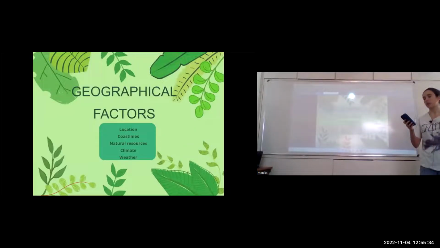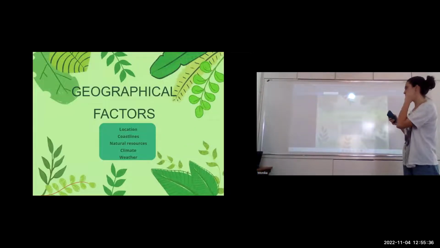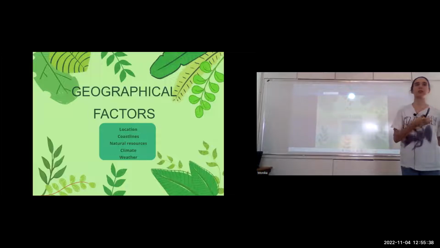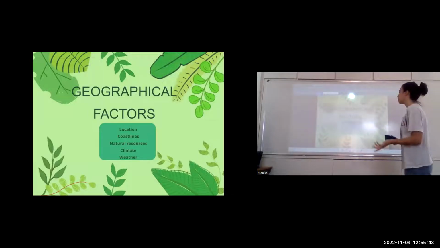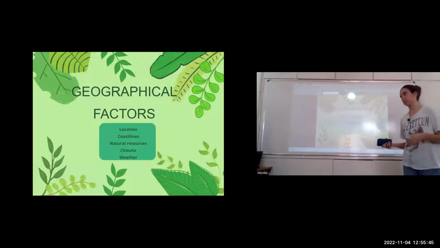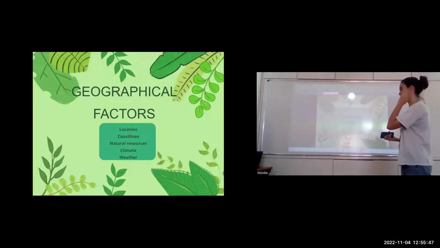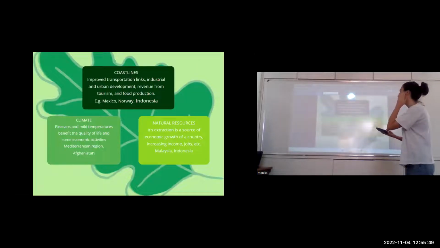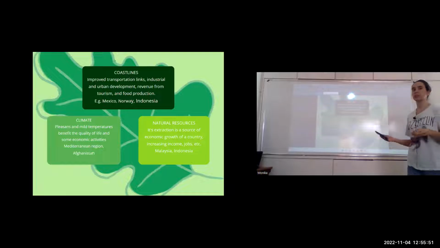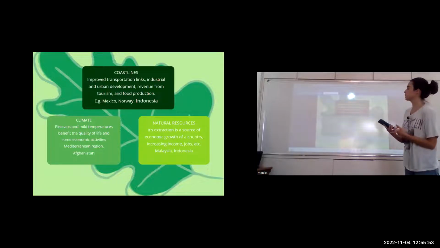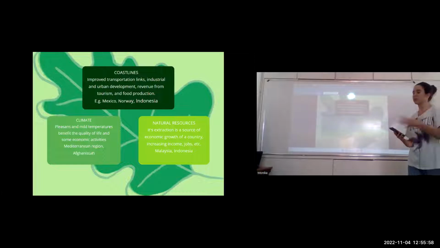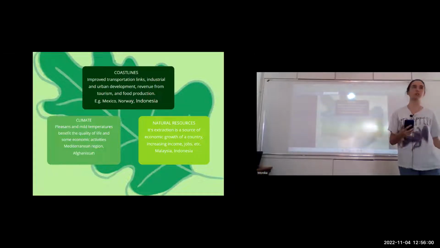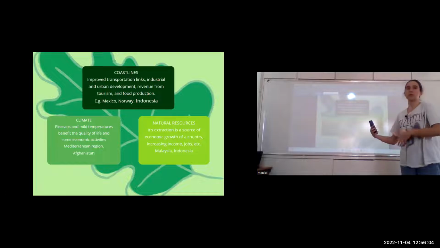When we focus on environmental development, there are some geographical factors that can affect it. This can be location, coastlines, natural resources, climate, and weather. Now we're going to look at the three more important ones. So, for example, coastlines is a very important factor, given that it improves transportation links, industrial and urban development. It's a big revenue for tourism, as well as food production, which can develop economic growth, which can also